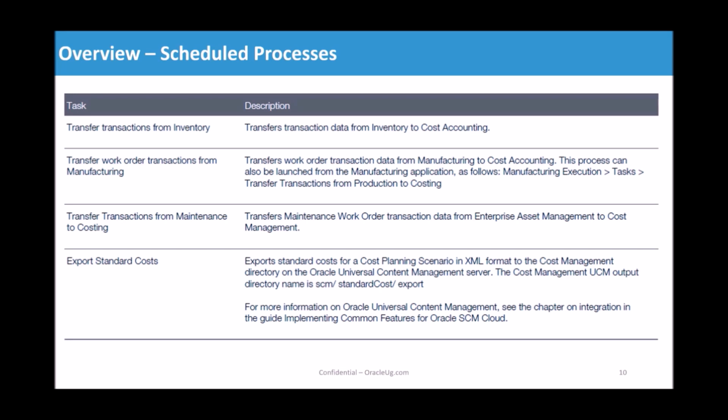However, while doing testing, you need to make sure that these programs have run, so that you can check all the transactions that you do in inventory, WIP or EAM that are available in the costing module. So the first one is transfer transactions from inventory. What it does is transfer all the transactions that you do in inventory to the costing module, because